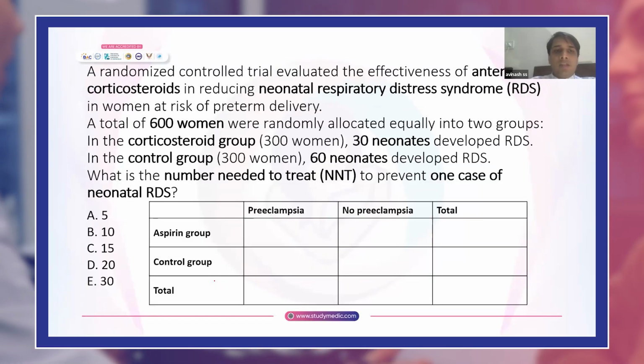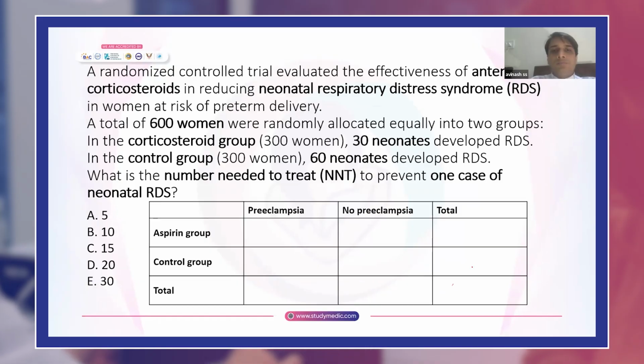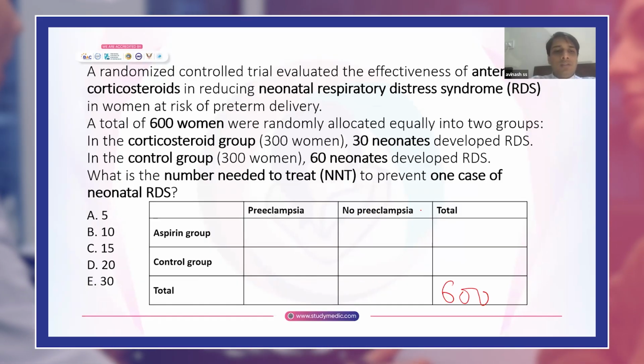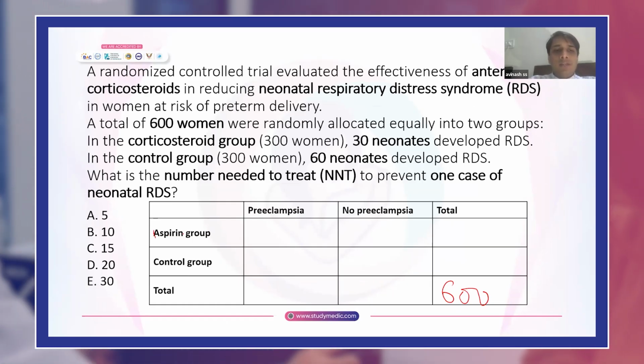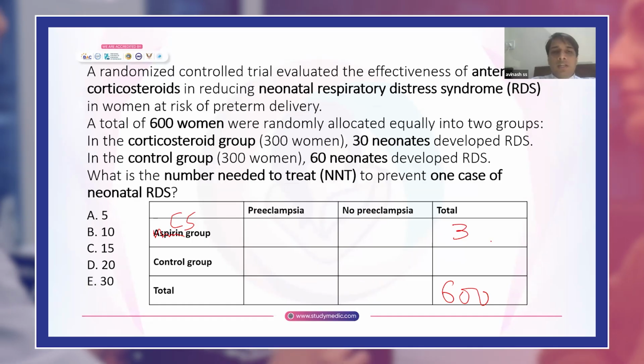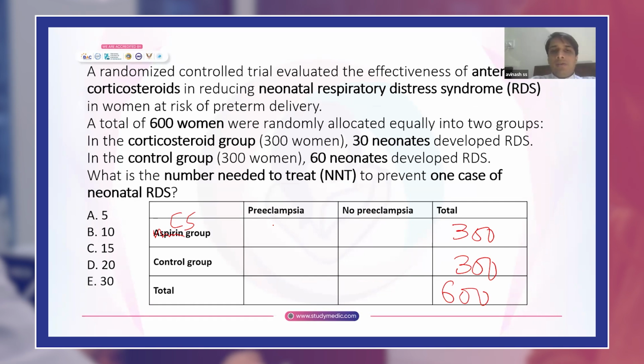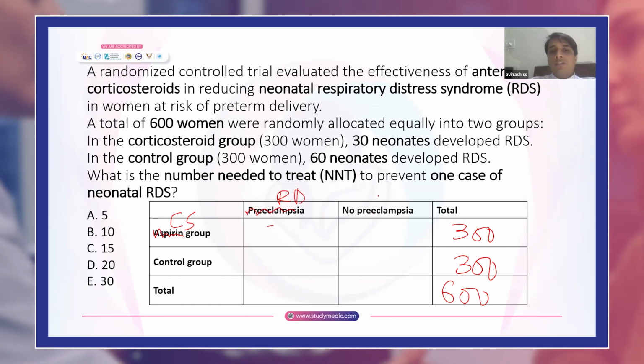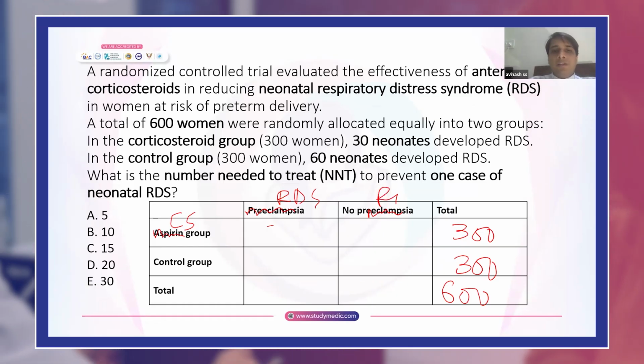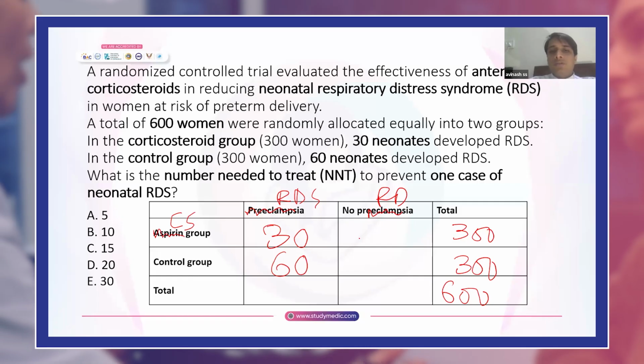Now the next one is, there are around 600 women randomly allocated into two groups. In corticosteroid group, and this is not aspirin group, let us say this is a corticosteroid group, around 300 women, and in control group around 300 women. So 13 neonates developed, this is not preeclampsia, this is RDS and no RDS. Okay, 13 neonates developed RDS, and 16 neonates in control group developed RDS. So the remaining here is